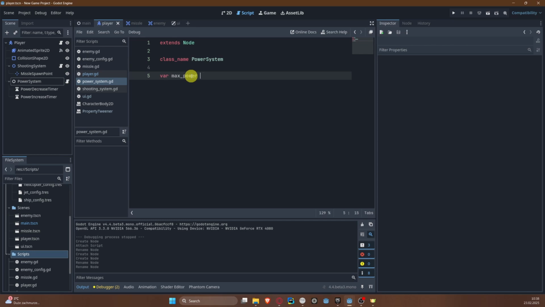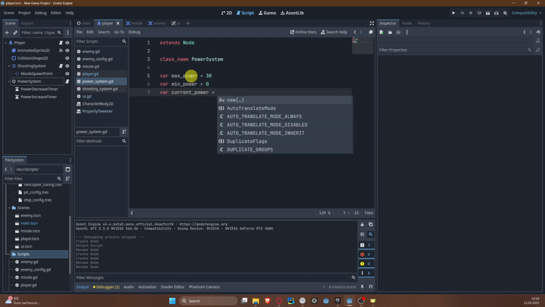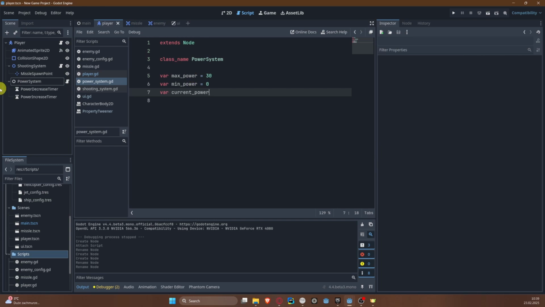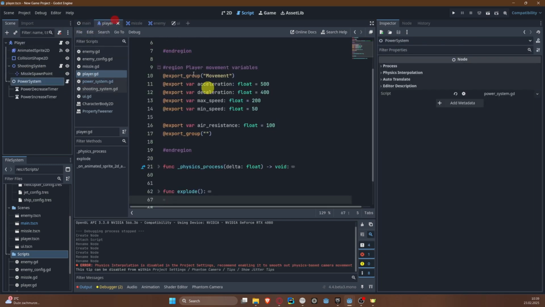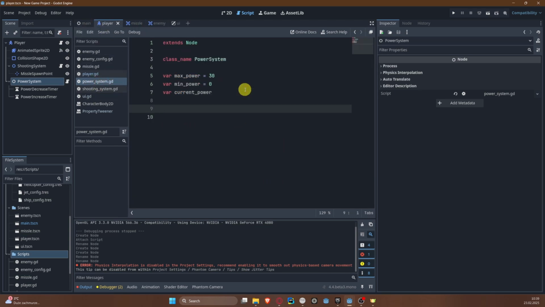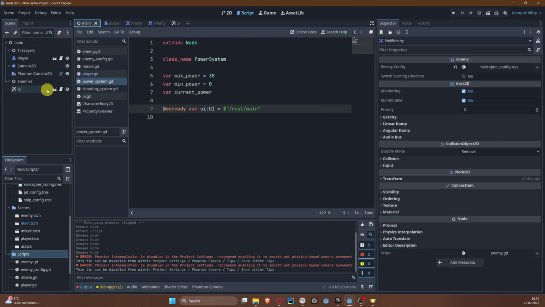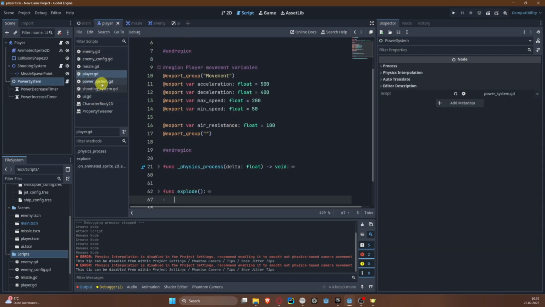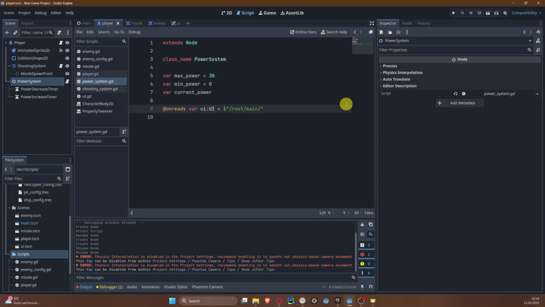So let's set some variables here. So we have max power, and I will set this to 30, and minimal power is of course 0. Also, we need to track the current power. Since this will directly communicate with UI, right, I would like to have a reference to UI here, and we can find it rather easily using the path. You can see that we have a reference to root here, so we'll use this. So root main, because here we have our main scene, and then we have UI, so we can reference that. Root main UI,